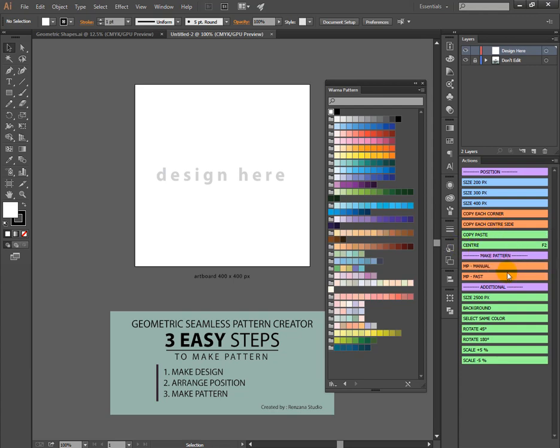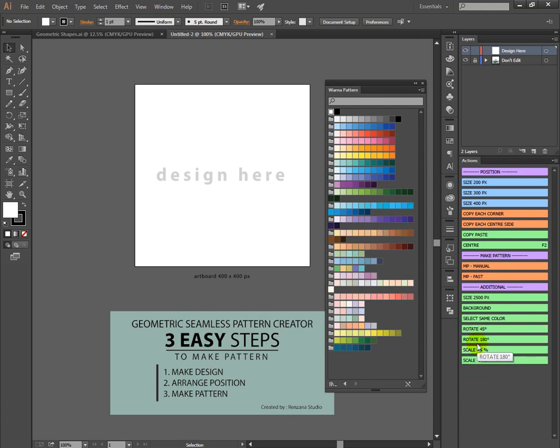In make pattern, there are two actions, MP manual and MP fast. MP means make pattern. And additional, there are size 2500 pixel. This is if you want to upload to Shutterstock and other microstock website. And then there are background, select some color, rotate and scale.